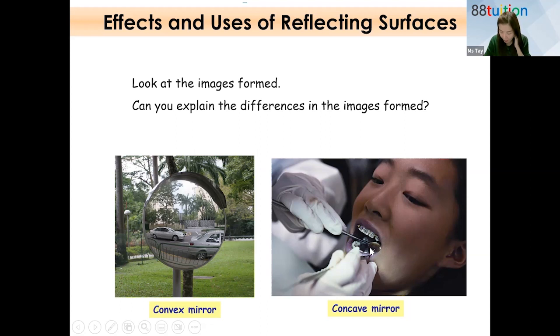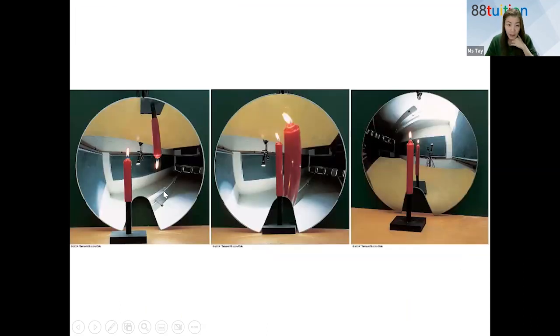And then the concave mirror is the opposite. When the dentist is trying to look at the inner side of the teeth, it shows an enlarged image. Enlarged image. So this is another example, when we have the candle over here. With a concave mirror, if the candle is too far away,